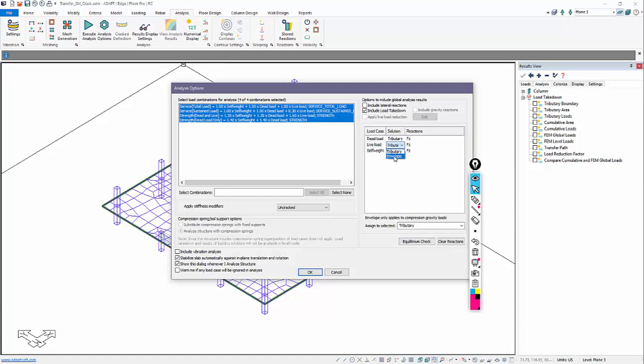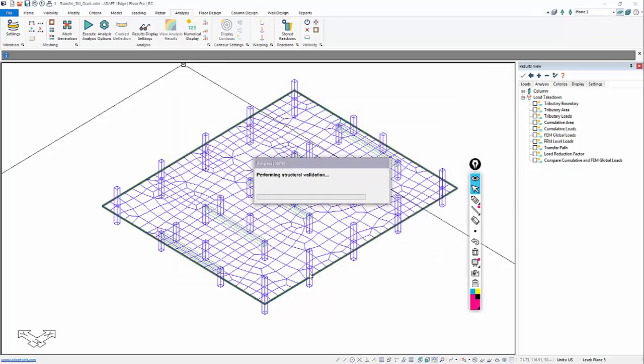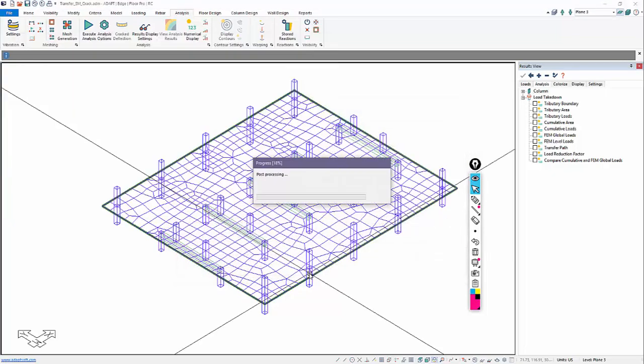There's also an envelope, but we haven't run any of the global finite element runs yet, so really the envelope is just tributary. So there's reactions for dead, live, and self-weight. I can now run this as uncracked or beam crack. So we're going to run it assuming the loss of 65% stiffness for the beams. Once I run this analysis,